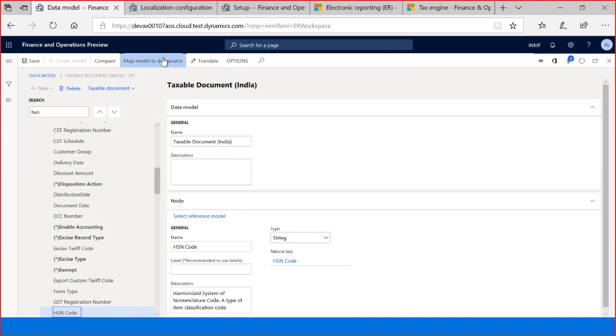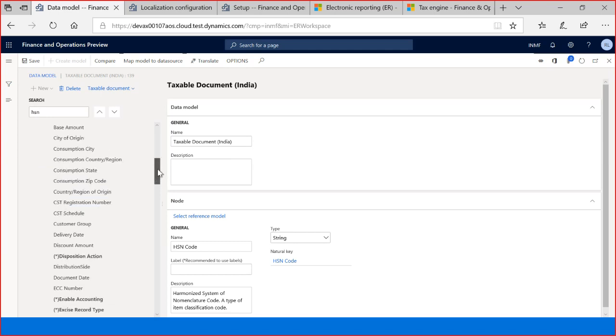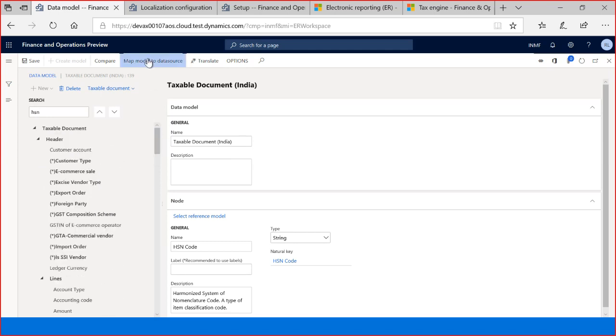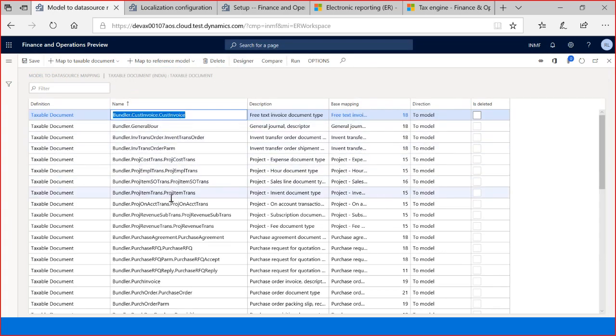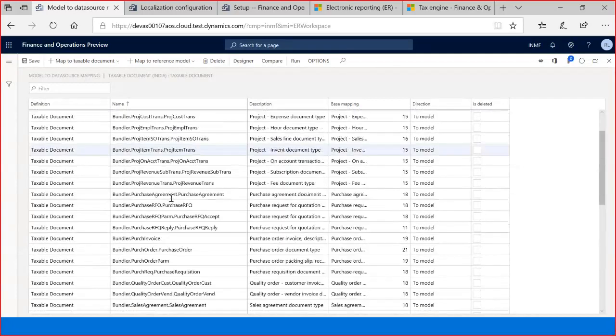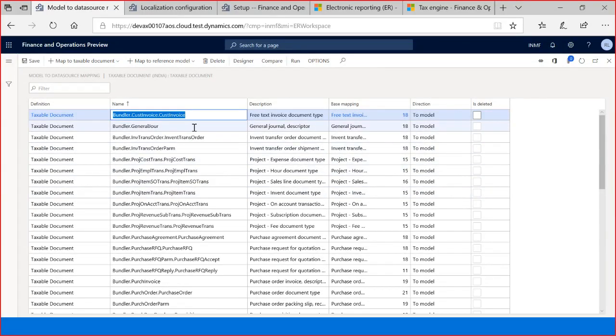And of course, one last part is model mapping. So we have the data model, we have model mapping, and we have multiple data models, as I already explained. If you click Map model to data source, you can see we have a lot of model mappings because we have many source documents like purchase order and sales order. So for example, this is the customer invoice, the free text invoice. So if you click the designer,